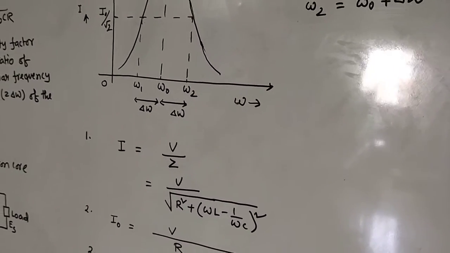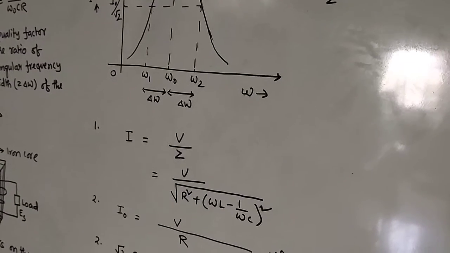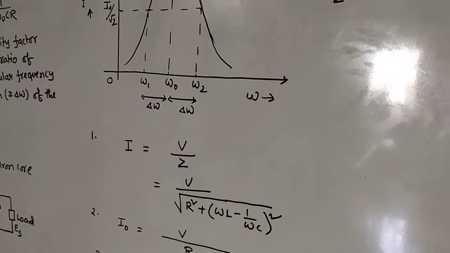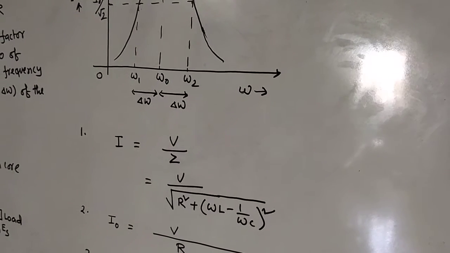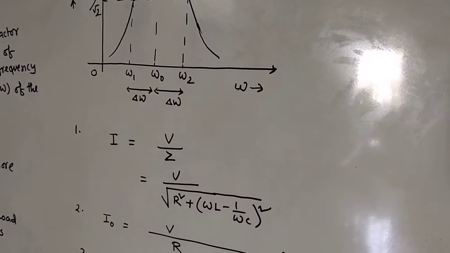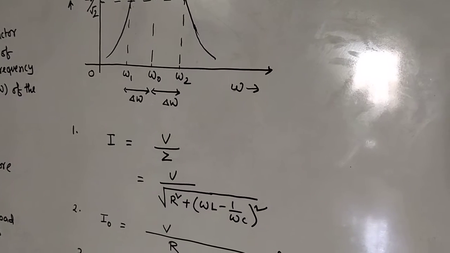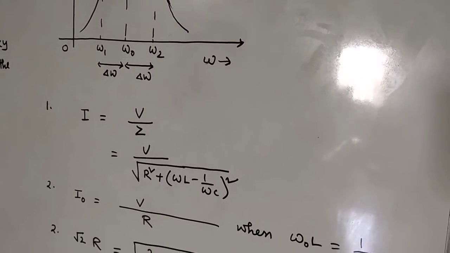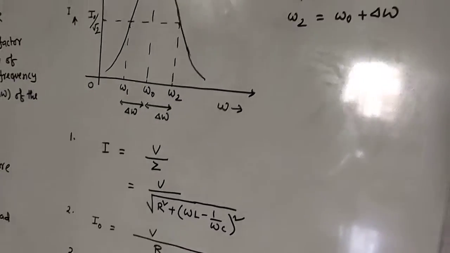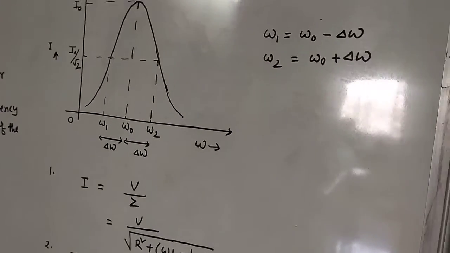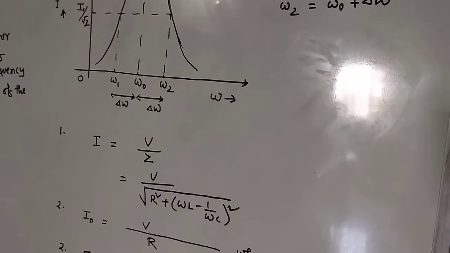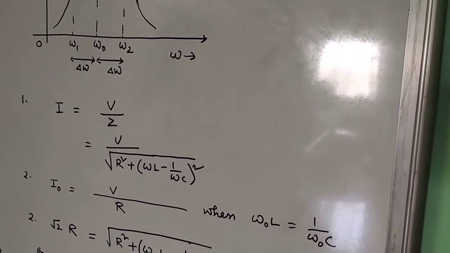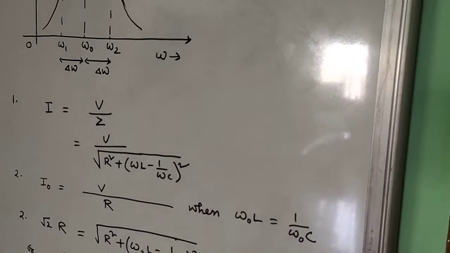It has a similarity with Ohm's law, that is V equal to IR. So in place of R we have considered the impedance of the LCR circuit. Now Z is your impedance, and impedance is root over R square plus, omega L minus 1 by omega C, whole square. Now I naught is the current corresponding to resonance, and at resonance the impedance is R. So that condition we have written: omega naught L equal to 1 by omega naught C.